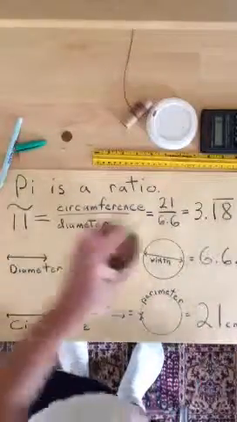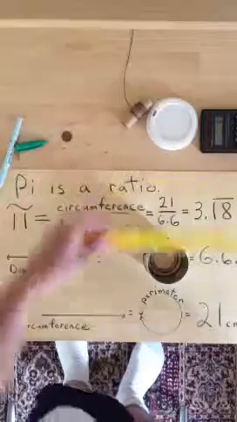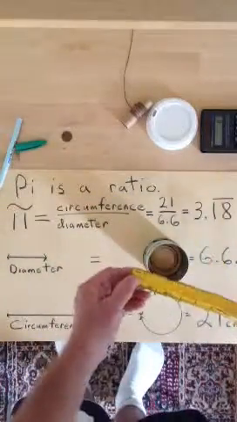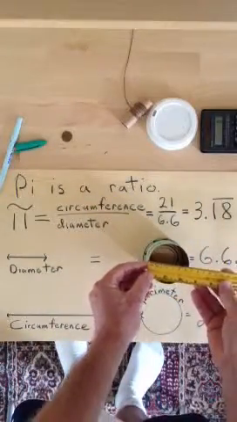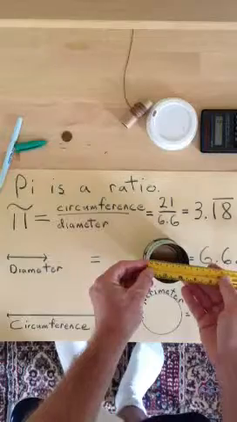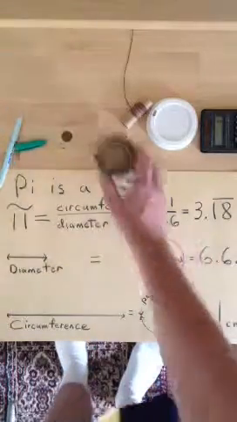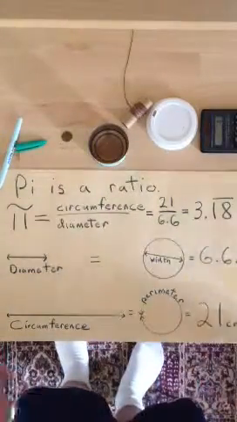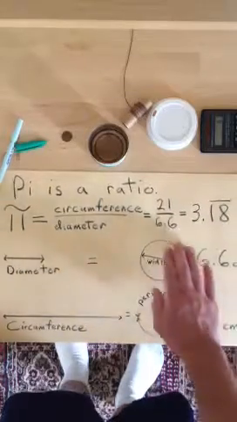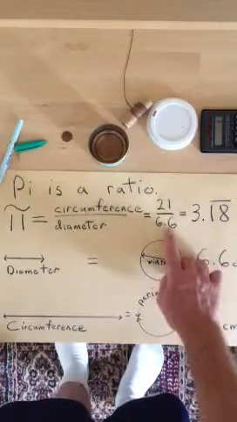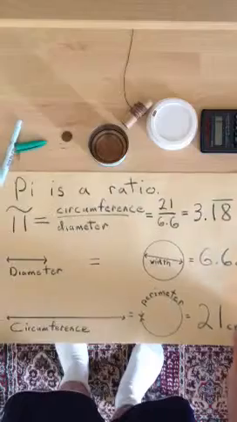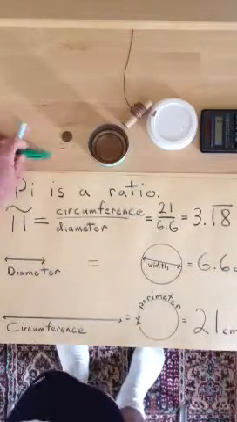The diameter is a little bit more simple. All you do is, forget the English system, always centimeters please, measure the width of the circle. So for this circle I measured the diameter to be 6.6 centimeters. And the ratio is 21 to 6.6, or 3.18181818. So how'd I do? Well,